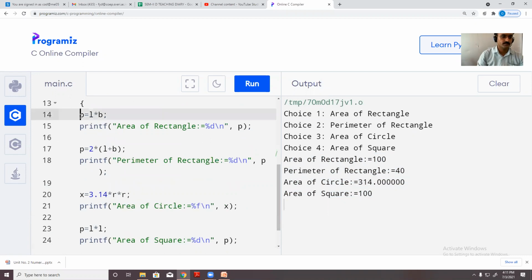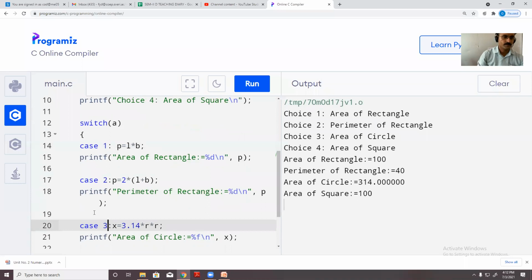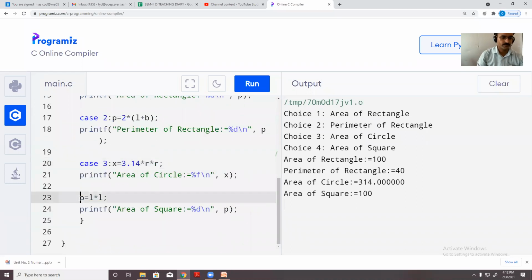Now, along with switch, we need to use case 1, case as a keyword, then case 2, case 3, here case 4. Okay, these are the 4 cases.